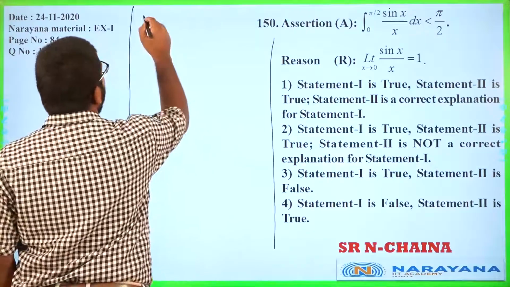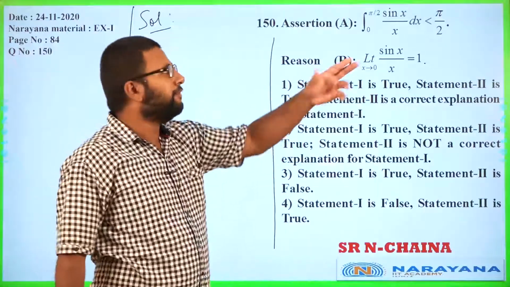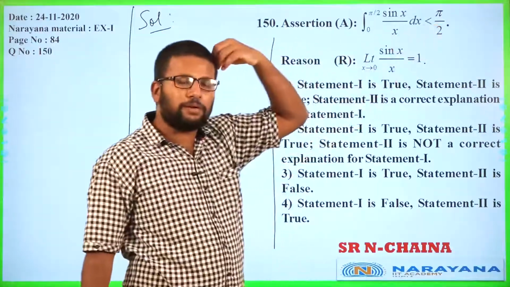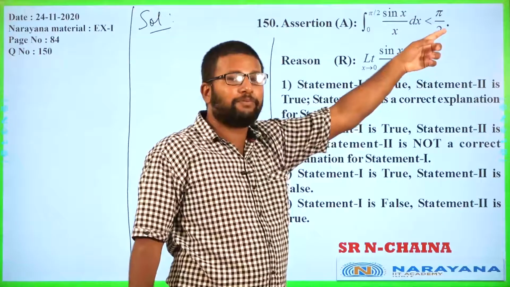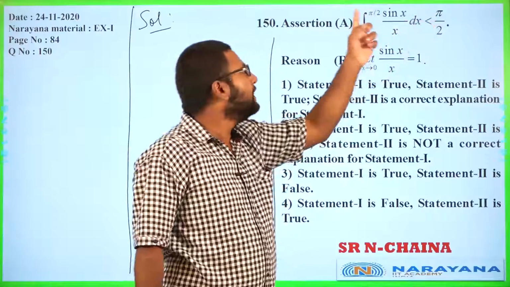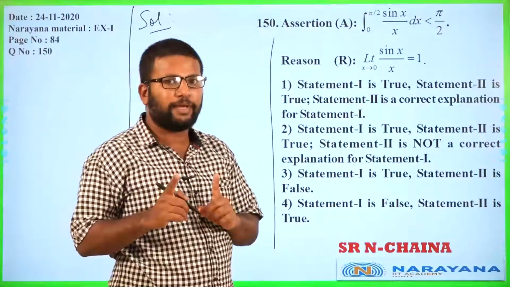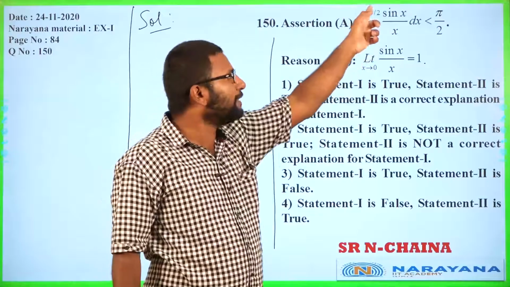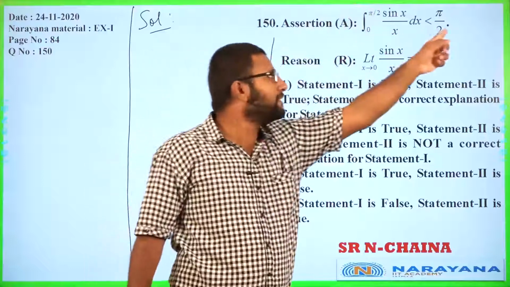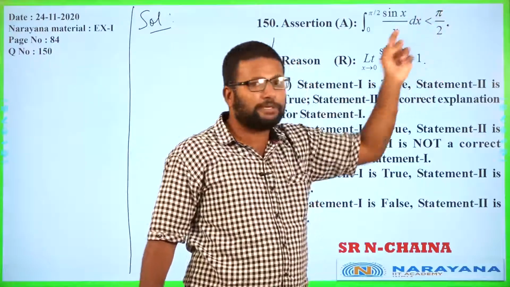So now, like I said in previous questions, whenever you have a number here, you guess what number, what function should be integrated in this interval to get this answer. Can you figure it out? Because we have pi by 2 here, and the limits are going from 0 to pi by 2, which means if I take my function as 1, integral 1 dx, I will get exactly pi by 2.